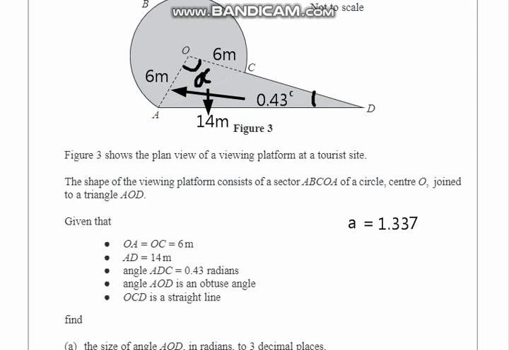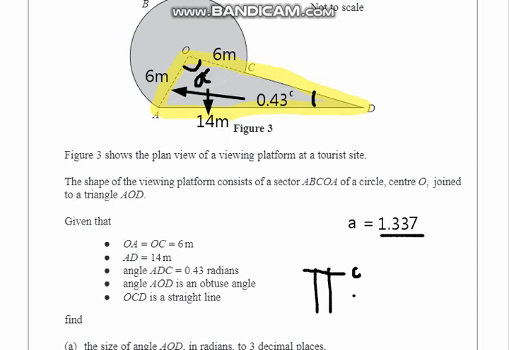And guys, the answer is not complete yet. Why? Because if you notice, I just highlighted AOD from here to here, a triangle, and we all know that the angles of a triangle in terms of pi add up to pi, while a circle is 2 pi, that's 360, and a triangle is 180, so that's pi radians. Now to find the angle AOD, you have to do pi minus this angle 1.337.